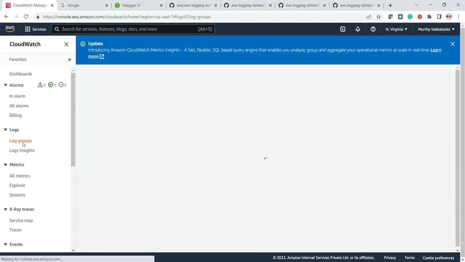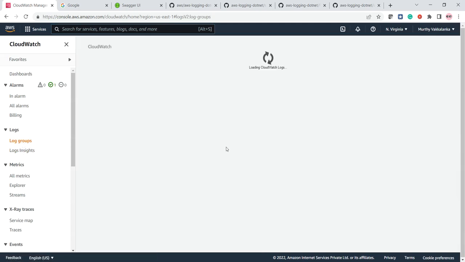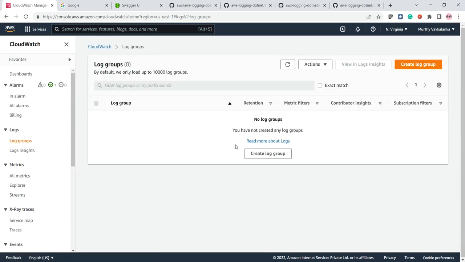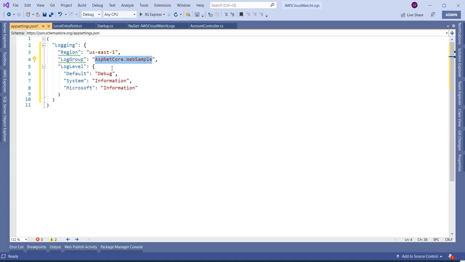So here we have log groups. Now we don't have any log groups. Once we run this project, we will see a log group with this name, ASP.NET Core.WebSample, and in this log group, our logging statements will be logged. So let us paste it, and after that we need to